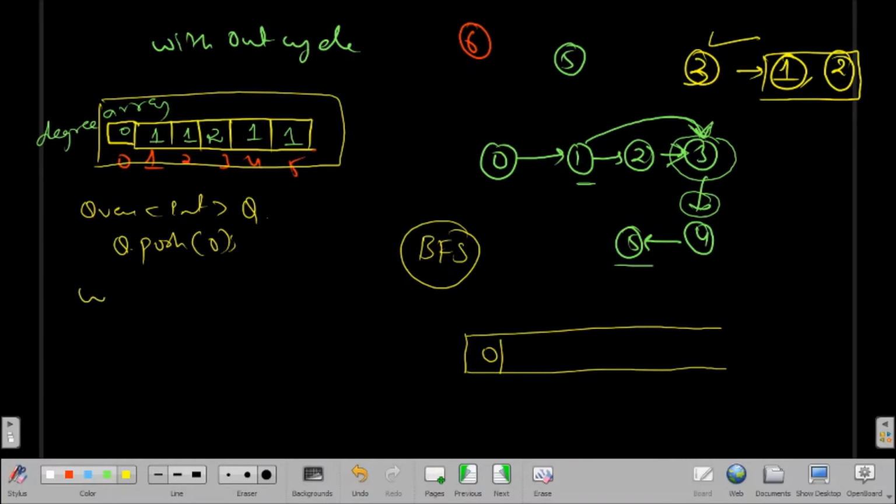So what I'll do, take a while loop till the queue is not empty, and I will pop from it.